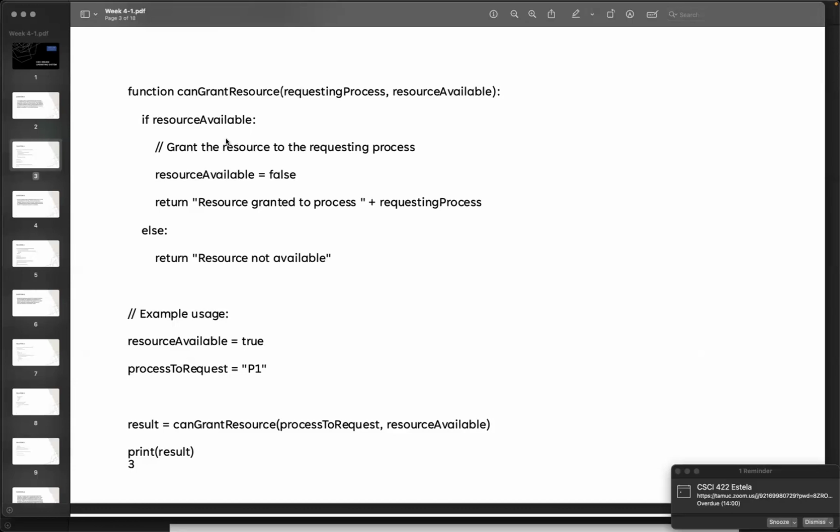Well, the bottom example usage: if you set the availability true, you process the result. If it was false, then you could set a while loop saying, until it becomes true, keep rolling. But that would simulate that after the clock. But wouldn't you do that in the bottom? I would say, because you can say can grant a resource,